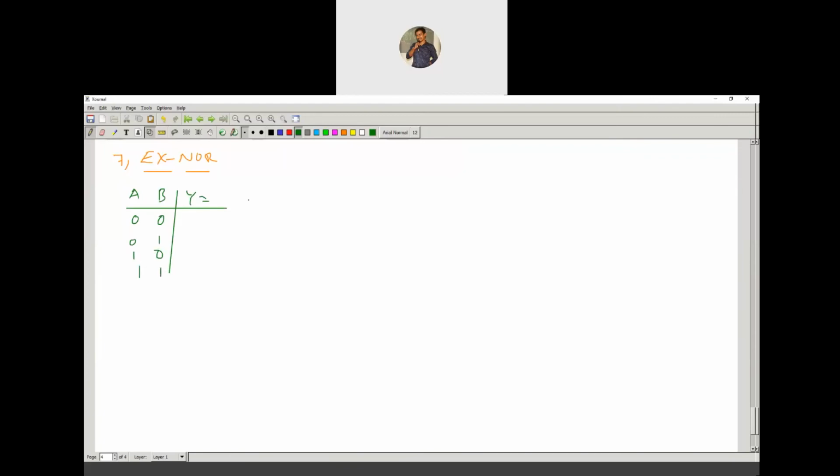Now coming to the XNOR gate, we represent it as a circle dot, A XNOR B. And here it is A bar B bar plus AB. That is the XNOR functioning representation.